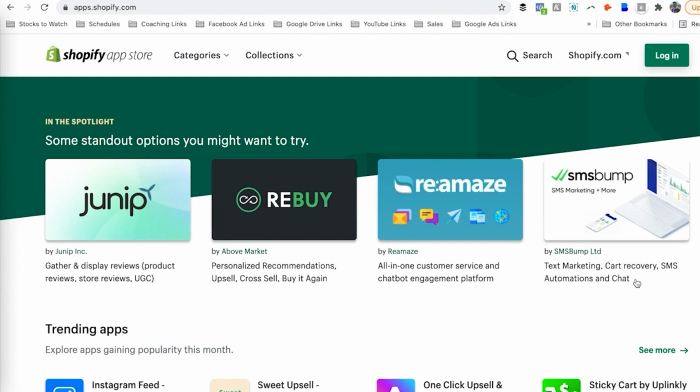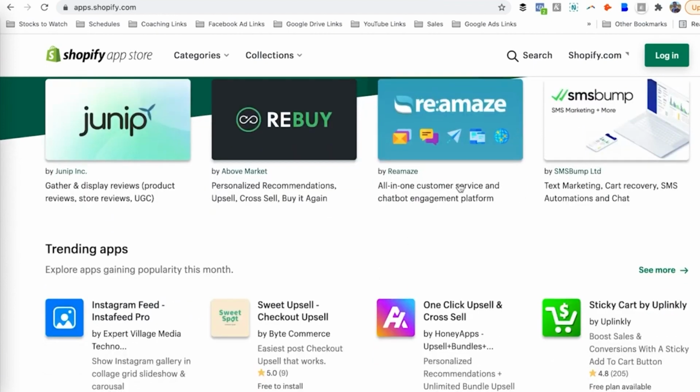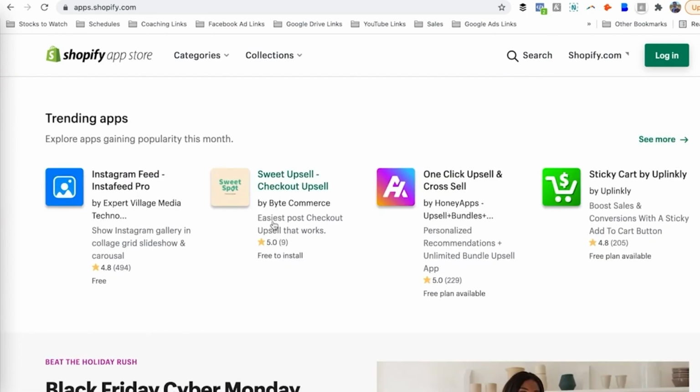I'm not looking to do abandoned cart recovery and chat and all that stuff. I'm not looking to maybe have an all-in-one customer service and chat bot kind of platform on my site. I'm not looking to do all that stuff. I don't need to do personalized recommendations. Like, this is way too advanced, man. Okay, I understand. There are some advanced things that are in this app, and some of the ones that are